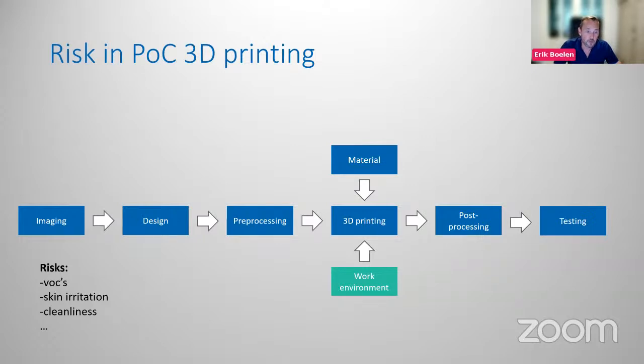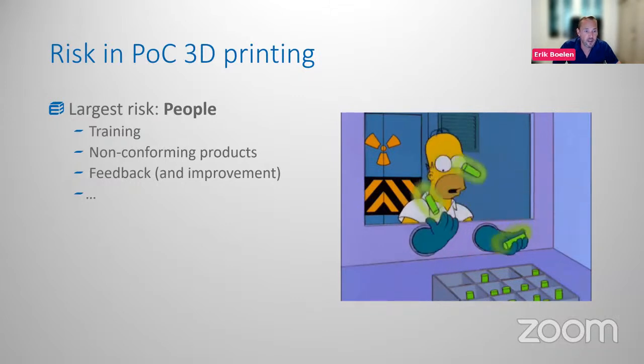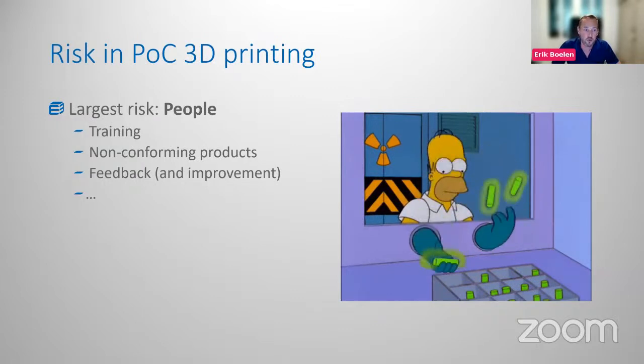And then we haven't even spoken about the largest risk of all, which is people. Are they properly trained? Does the engineer know what to do, what to look for? What if you have a non-conforming product? How do you ensure that it doesn't